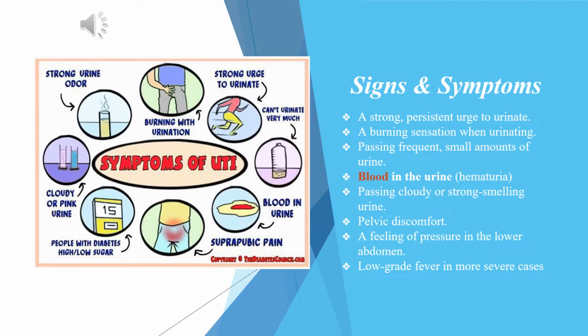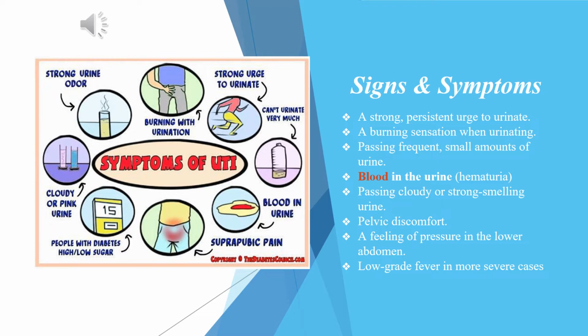One of the most common symptoms of a UTI is a frequent and urgent need to pee. You might feel like you need to pee all the time, even if you just went. And when you do pee, it's usually small amounts of urine. Other UTI symptoms include pain or burning when you pee, bad smelling or cloudy urine, urine that appears red, bright pink, or cola-colored, which is a sign of blood in the urine.